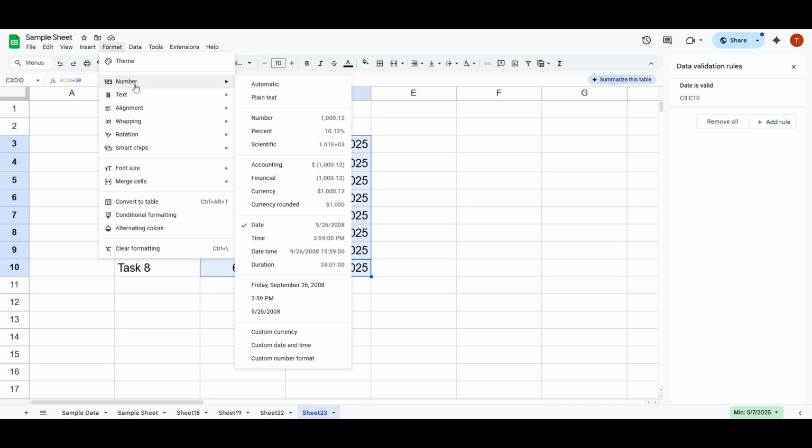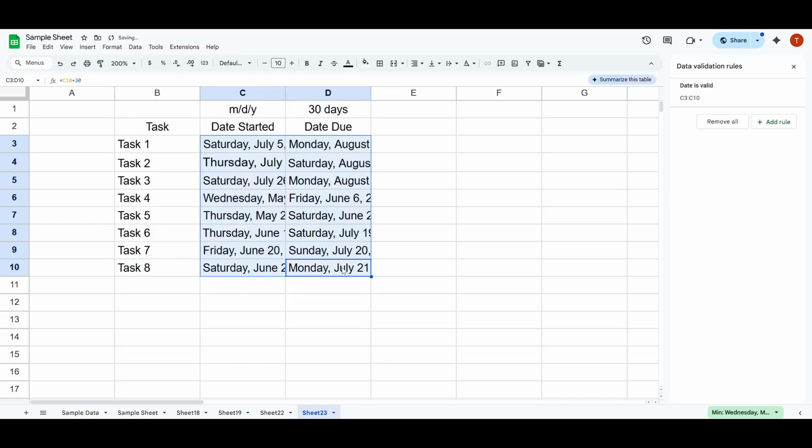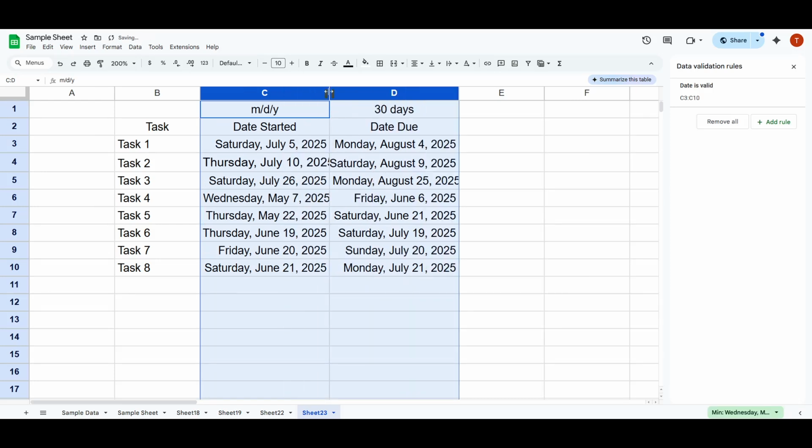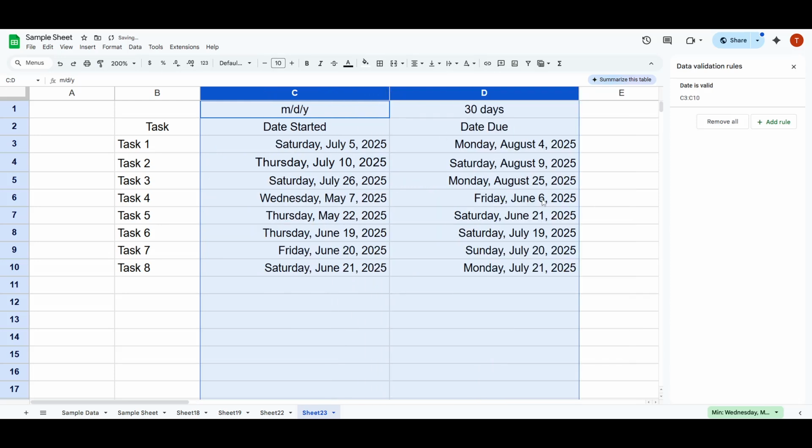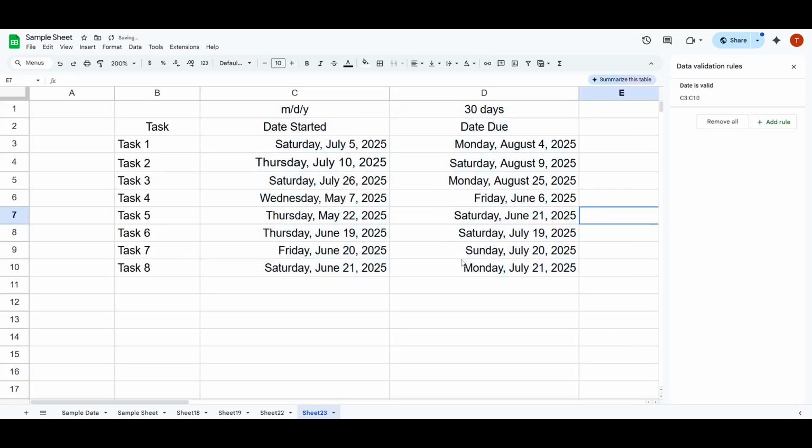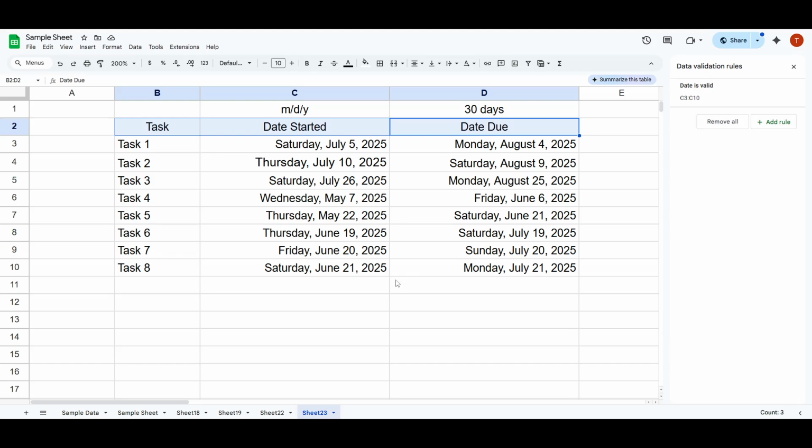This little trick can help improve your project management by allowing you to see at a glance when tasks are expected to be completed. Remember, this same method can be applied to any date and adjusted to any duration that fits your timeline needs. It's adaptable, efficient, and a reliable way to manage deadlines with ease directly within Google Sheets. By automatically creating due dates, you'll be better equipped to handle your projects with precision and oversight. It saves time and minimizes the risk of human error, giving you peace of mind as you keep track of